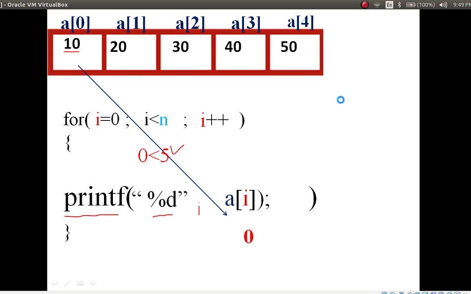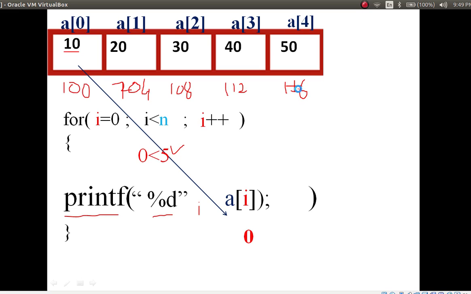Okay, in the previous video you understood what is the meaning of value and what is the meaning of address. This is address. Okay, address is, see, in this way, 100, 200, 104, 108, 112 and 116.